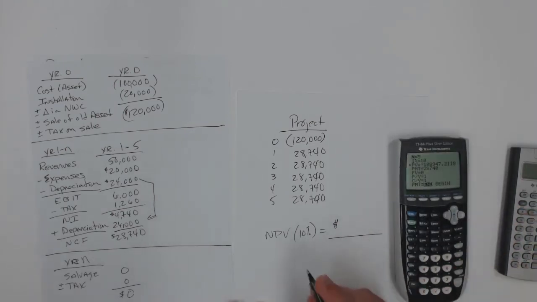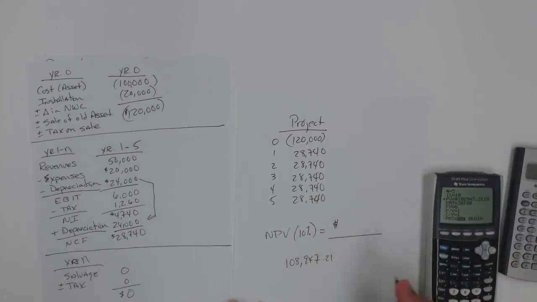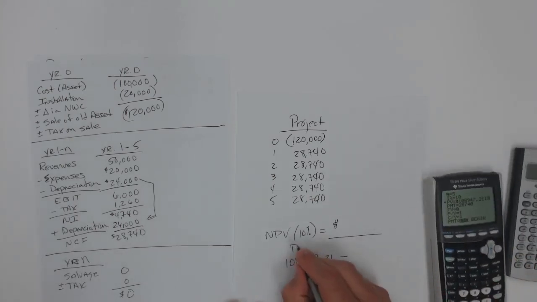The present value is $108,947.21. That is the present value of the inflows